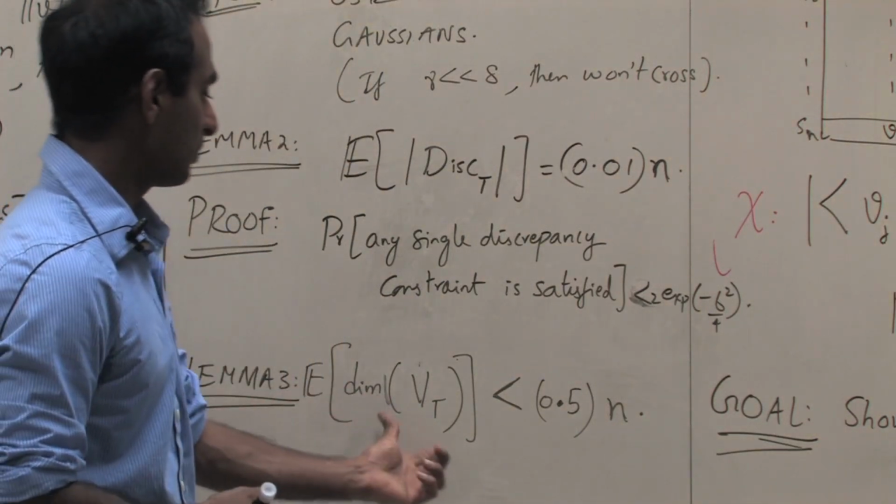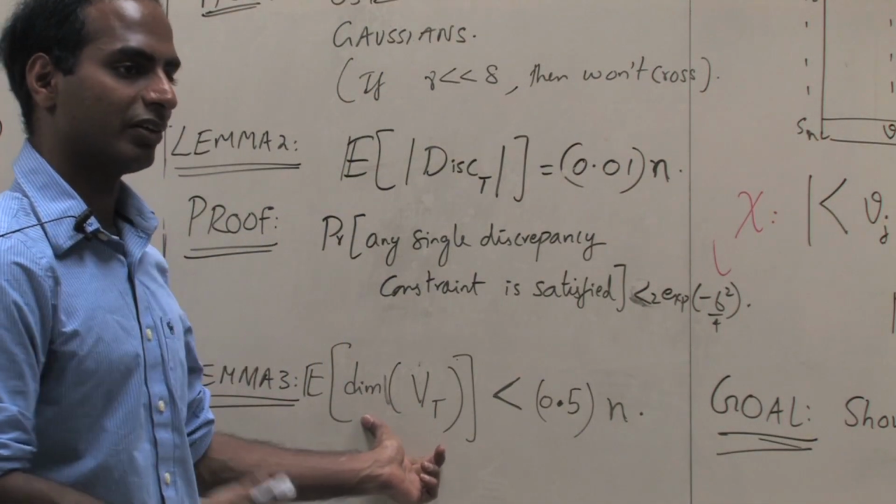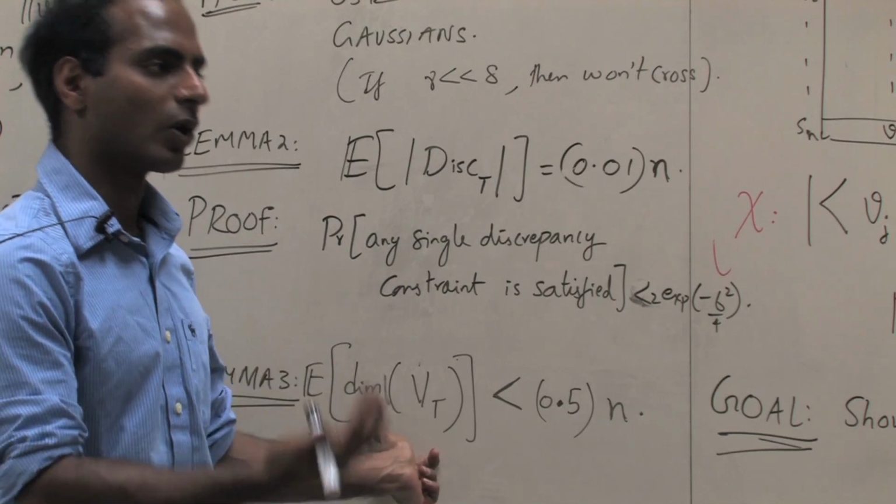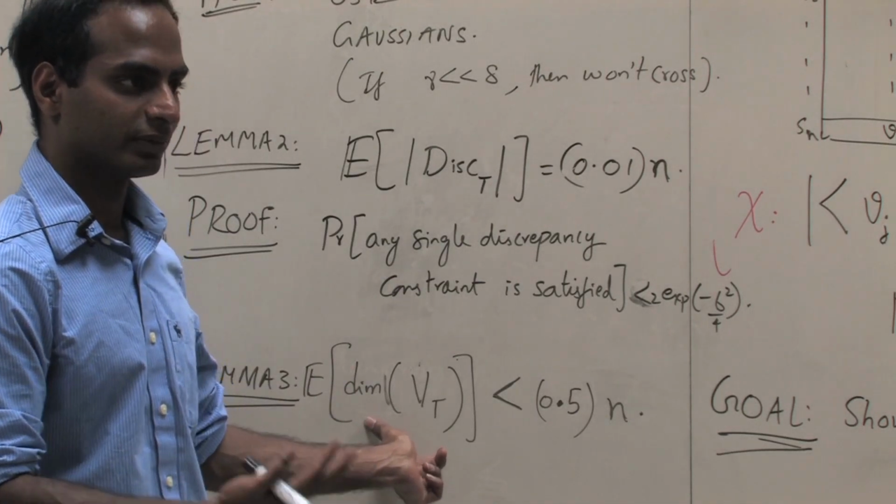And the final claim is that after this many iterations, the space that you're walking in has small dimension, meaning